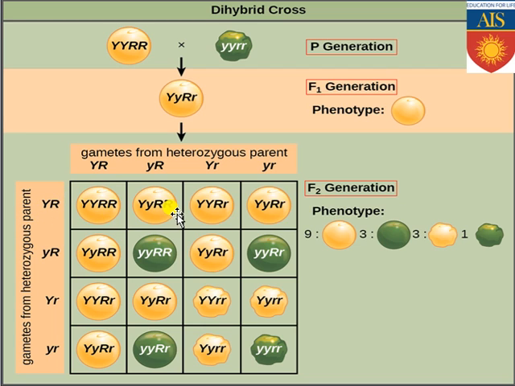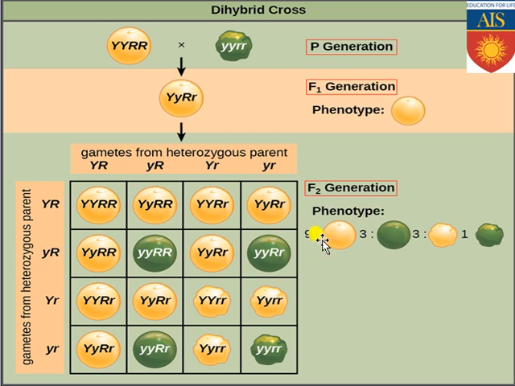When they are fusing, at last you can see capital R, capital Y, capital R, capital R, as well as capital Y, small y, capital R, or capital Y, capital R, capital R. That means which specific seeds are actually showing the dominant trait. Their number is 9. Yellow round is 9. Then yellow wrinkled is 3. Then green round, that is also 3.